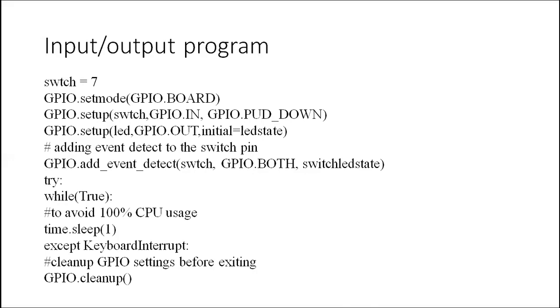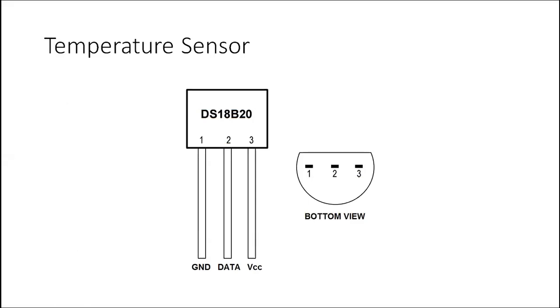So that LED state we are setting on a GPIO output port. GPIO dot output is a function to send data to the output port. GPIO dot output LED means the 8th GPIO port, then comma LED state. LED state will tell you whether it's true or false. This function will be called in the next slide: whenever you press a button, the event will be triggered, because I already added an event. When the event is triggered, it automatically calls the function called switch LED state.